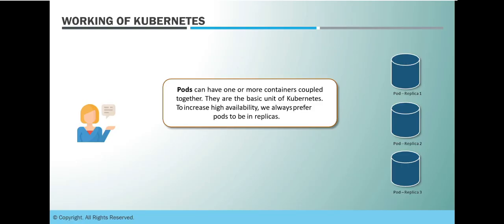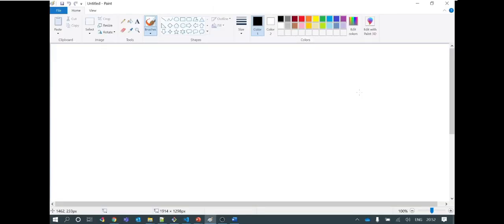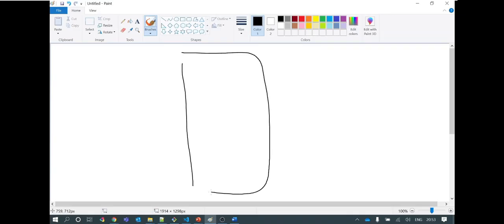When we learn various topics inside Kubernetes, we will be able to understand various things in detail. In this slide, we understood pods are the smallest unit of Kubernetes, and they will have containers deployed inside them. This can be considered a pod, and here you can have container 1, container 2.